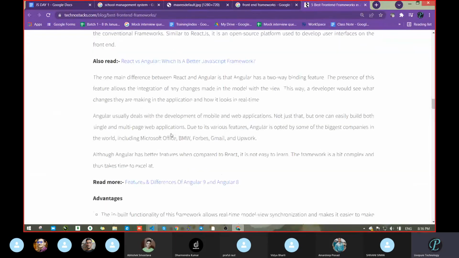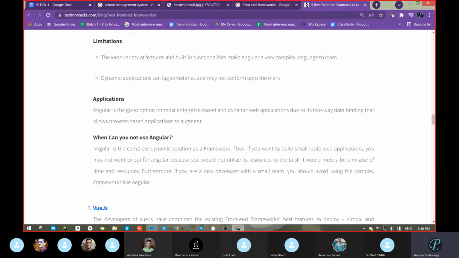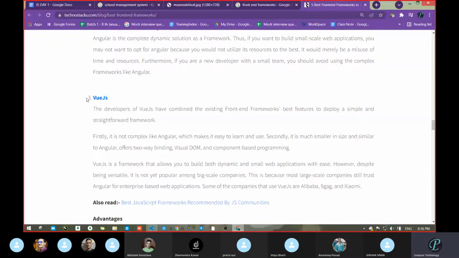Next one more is Vue.js. Vue.js is also a front-end framework. It is handled by a local company, not like Google and Facebook, so it did not get that popular. As Angular and React became popular, Vue did not become that popular. But the project is going on. If you search for jobs on Vue also, you will get more and more jobs.